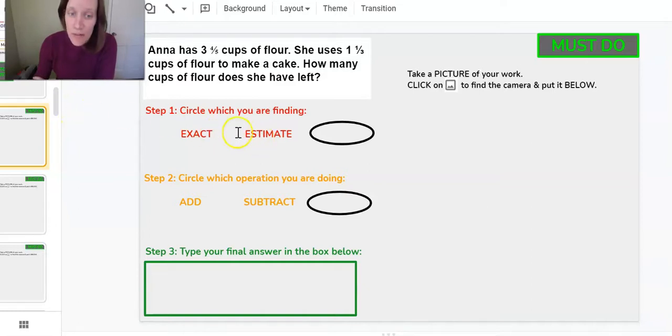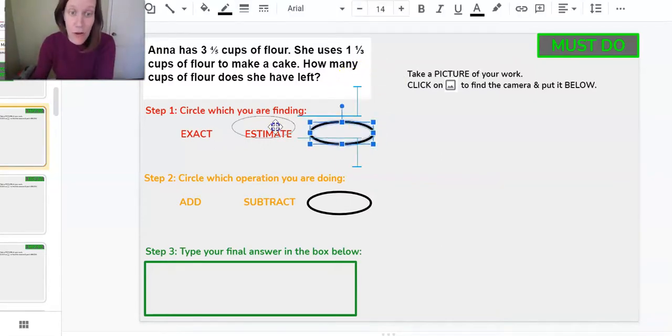So I'm going to think to myself, do I see the word estimate anywhere in the problem? I don't. I'm going to look for the word about. I don't see the word about. I'm going to look for the word between, because sometimes estimation problems might say between which two numbers, which wouldn't be estimating because we're not finding the exact. I don't see the word between. Do I see the word approximate or approximately? Nope. Do I see the word round? Nope. Since I don't see any of those words, it means I'm finding an exact answer,